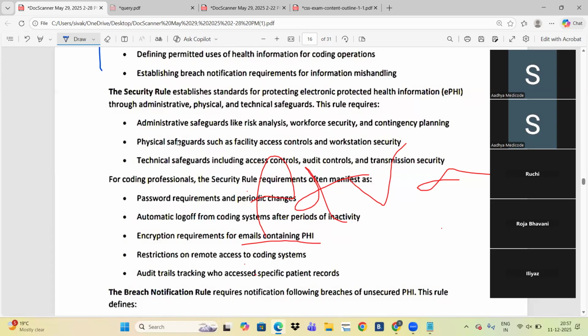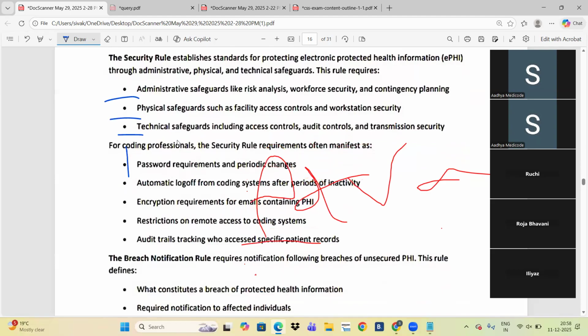Electronic protected health information means while we are working with EHR documents, electronic health records, it will protect the electronic health information. There are various levels: administrative, physical, and technical, and how coding professionals need to protect the health information.